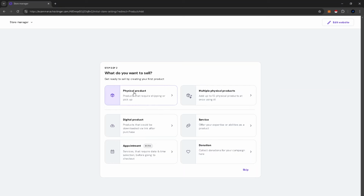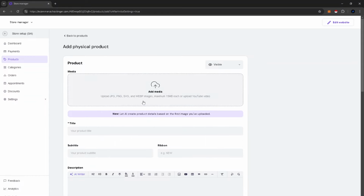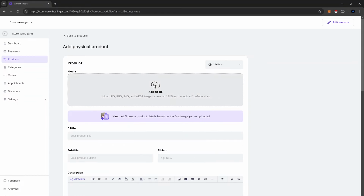So you can select if it's going to be a physical product or digital product, and if you want you can sell services and courses too. So click on physical product, and here you are going to add a description. You are going to click on add media,